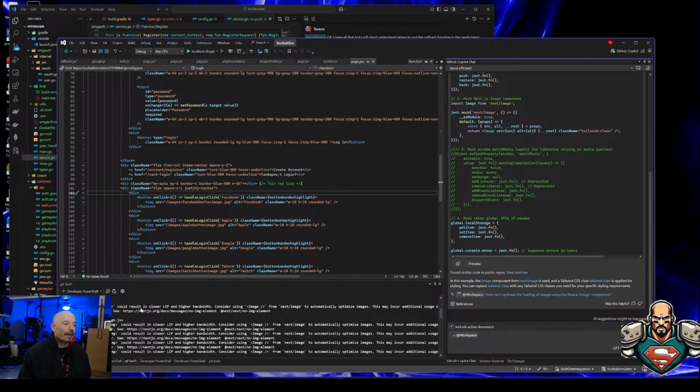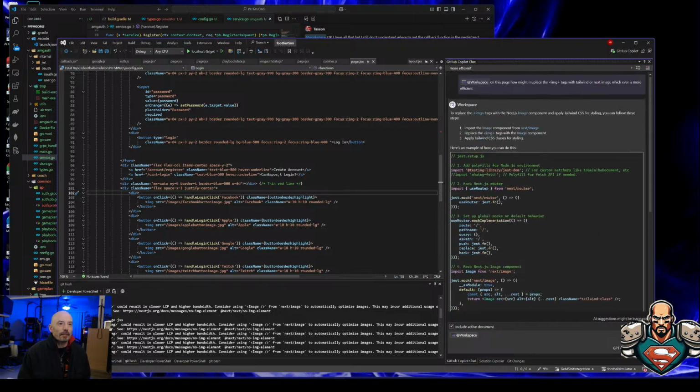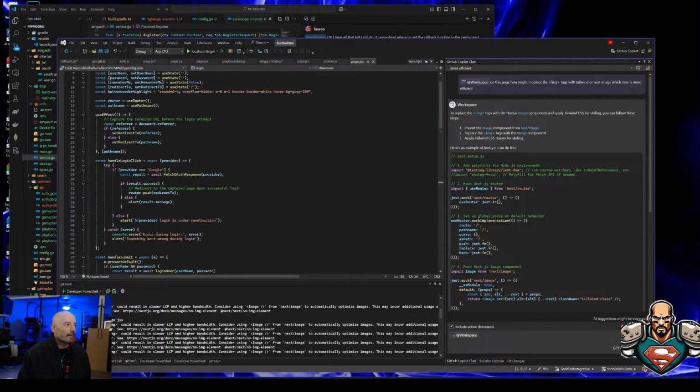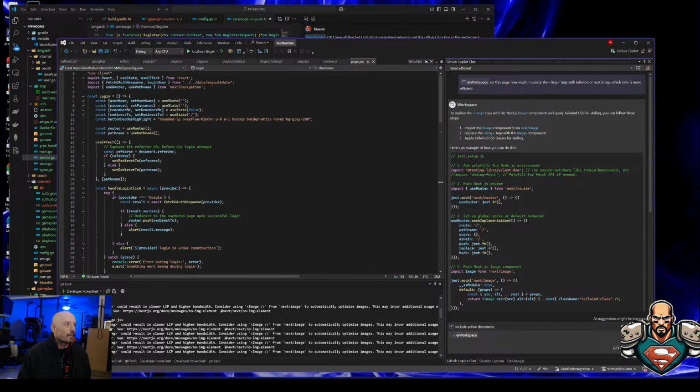Problem is, some of them I can't do anything about because I have some code that's actually trying to read those images and their sizes. So things are a little weird. Okay, so I can easily do that. I think I might even have the next image component. Nope, I do not. Testing library. You know, I should get this. I really want to get just text